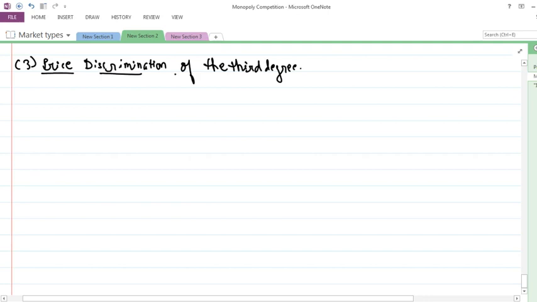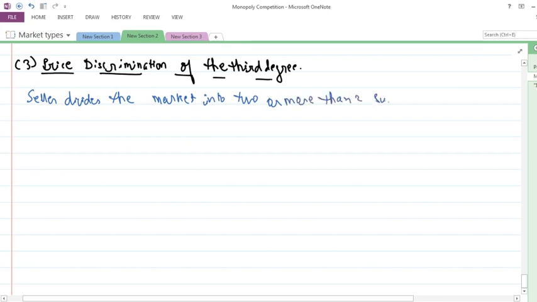Price discrimination of third degree means here the seller divides the market into two or more than two sub-markets or groups,